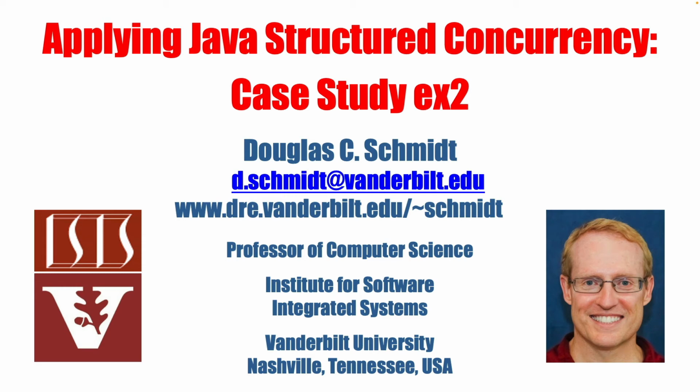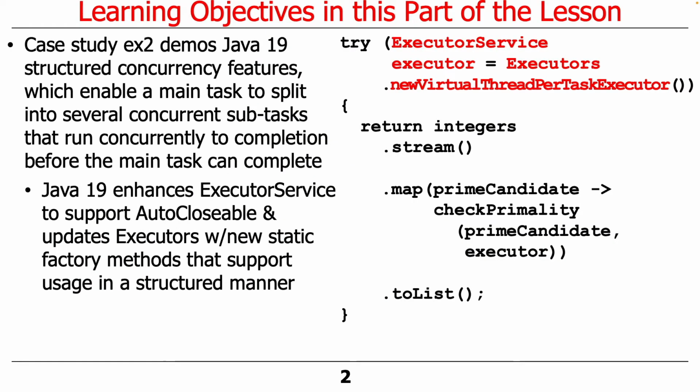So now that you've been exposed to a bit of Java structured concurrency concepts and an overview of some of the features, let's look at some case studies to show how to program with Java structured concurrency. This first example is going to demonstrate the structured concurrency features that were added with the new virtual thread per task executor. We're going to use that to fork off a bunch of subtasks that are going to compute primality of prime numbers, again, what a surprise, in parallel,